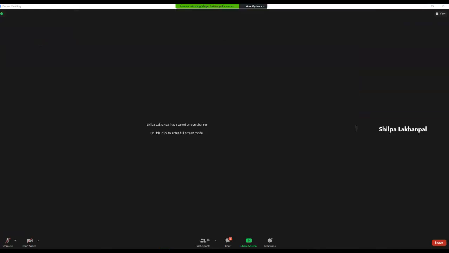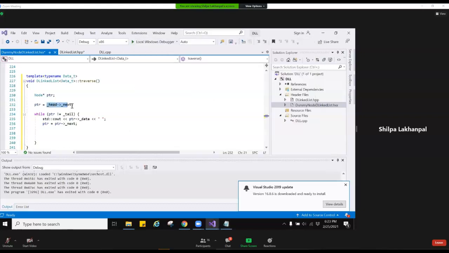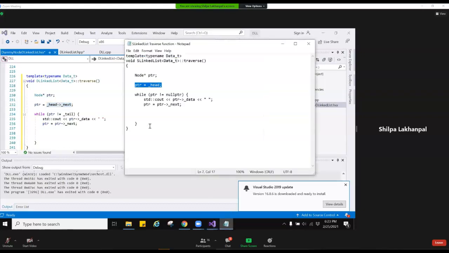Yes. Because head is a dummy, to get to the actual list, in the single linked list we did not have a dummy. So we were satisfied by beginning at the head. But we have to get to the beginning of the list, that's why we do head's next. And then we go over the list as long as, again, there's another change over here.